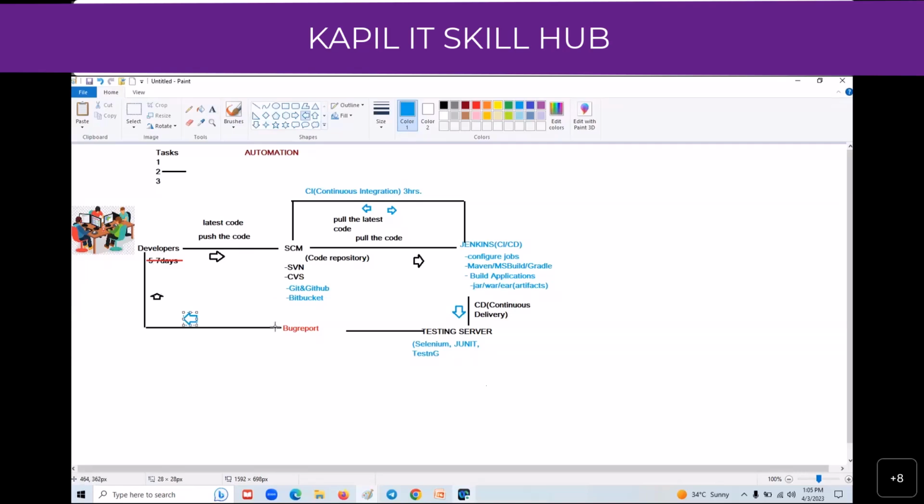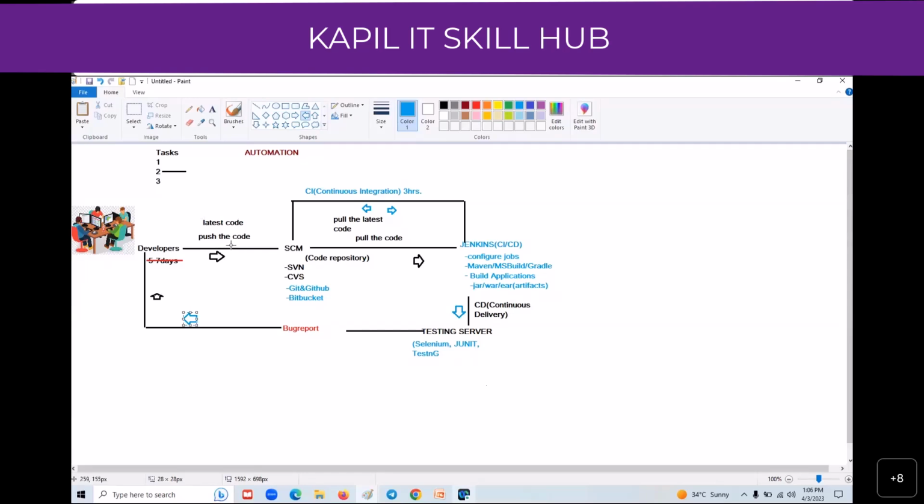So here we have different management and reporting tools, like the Jira tool, where we can update this bug report. Once it is updated in the Jira tool, the developers are notified, and they open the relevant code based on this bug report and make the necessary changes to resolve that bug.